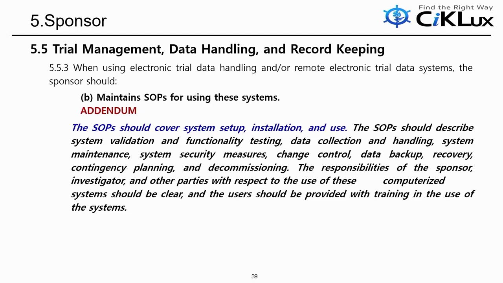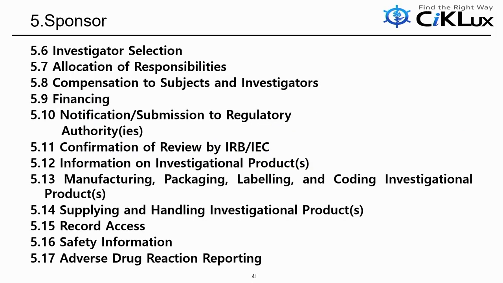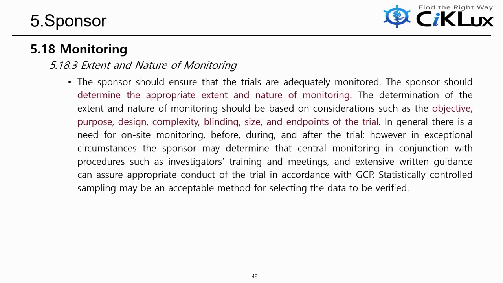So the SOP should cover everything about the system. And once the system is established, there will be upgrades or migration. So validation needs to be conducted when there is a software upgrade or migration of data. And other than that, the sponsor's responsibility